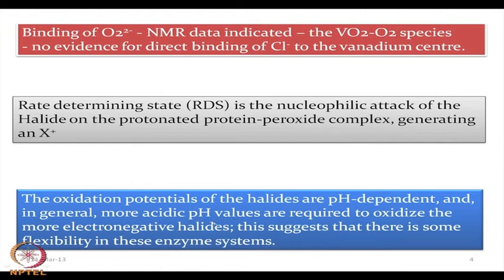So, more acidic pH values are definitely required when we try to oxidize the more electronegative